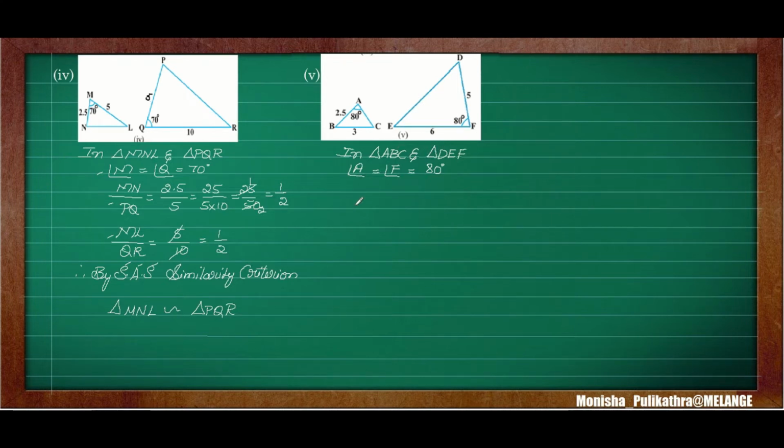Okay, I will elaborate on this. The first ratio I will take is AB by DF, because from angle A, AB is moving, and from angle F, DF or FD is going. AB is 2.5 and FD is 5. Again, by removing the point, we get 25 by 50. 25 ones are 25, twos are 50. The ratio is 1 by 2.